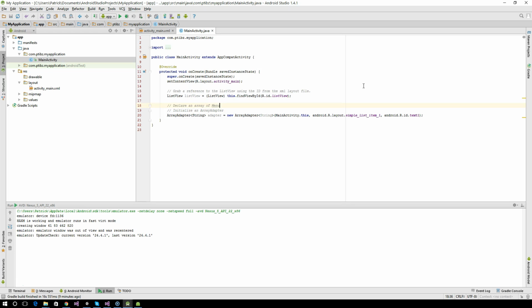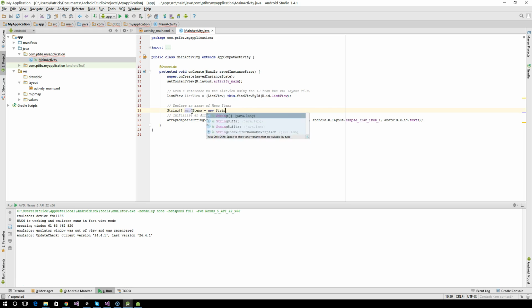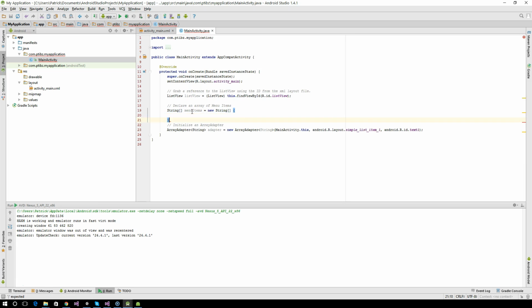And these will be called menu items. It's fine. So we'll say string, like we did down here. We have to do an array of string objects. So we'll go ahead and declare the list of string objects, and these will be the menu items, so we'll call this menu items, equals new string array, and then we'll just give it the menu items now,